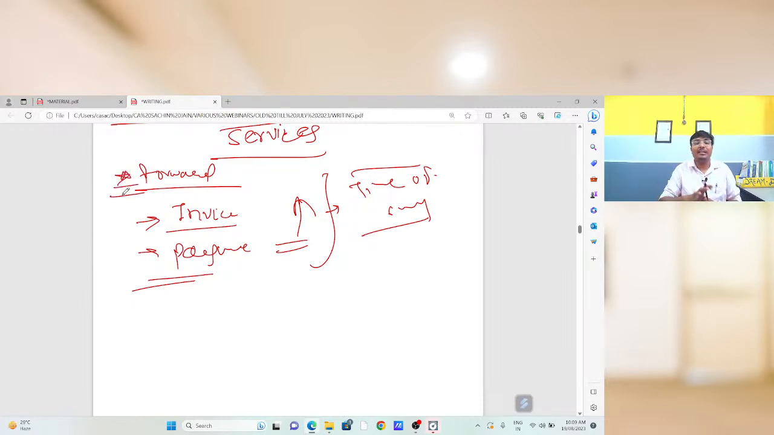Whatever we are discussing, each and every thing we are going to discuss will be completely based on logic. Okay, so this will help you a lot to analyze the things and to memorize the things. Okay, now